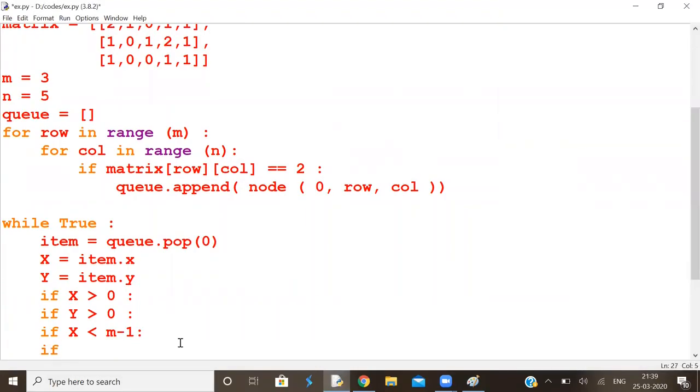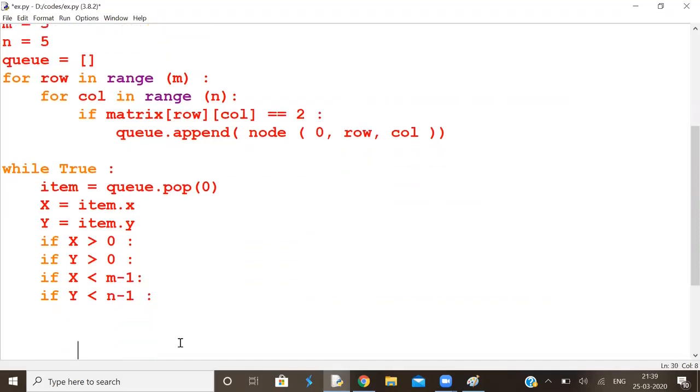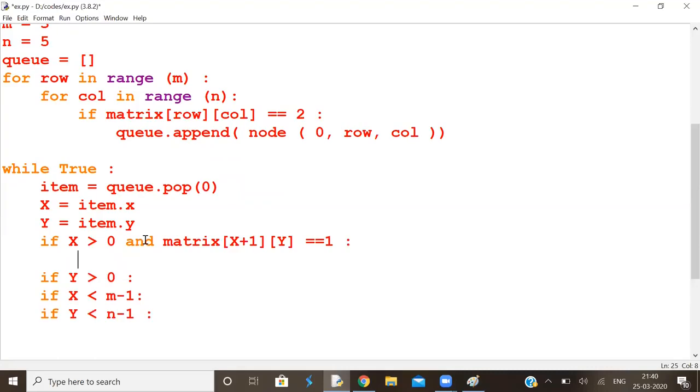The next one is if y is less than the last but one column. X cannot exceed the last but one row, and y cannot exceed the last but one row. In this case, if matrix x plus 1 and y is equal to 1, then you replace this